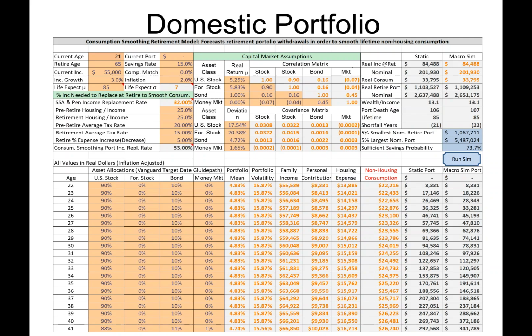Going back to an earlier topic, we can also see what this means. Looking at a domestic portfolio, this is our retirement model that we built in an earlier topic. What if that retirement model was constrained to using only U.S. stocks and bonds, in a portfolio that gets safer over time, using those weights I've given you? So if you're just in a domestic portfolio,